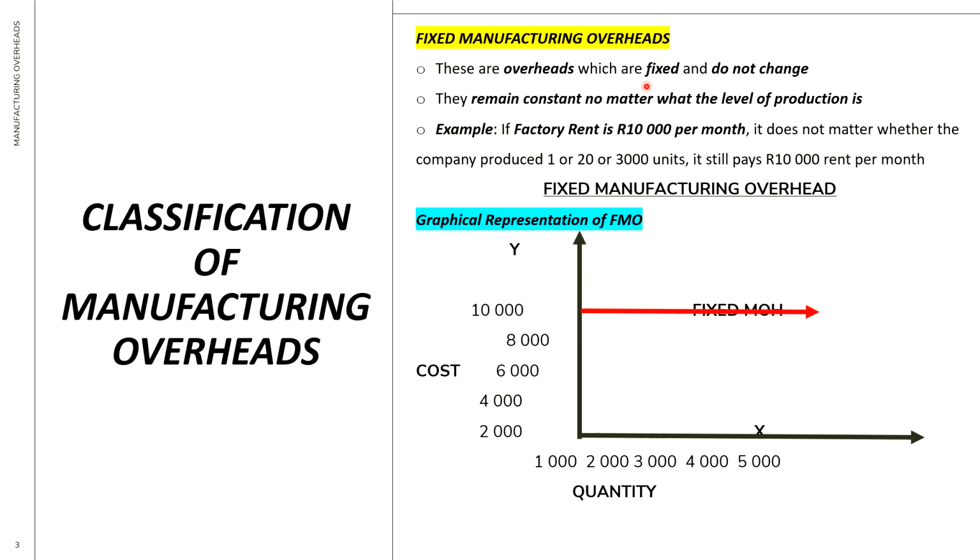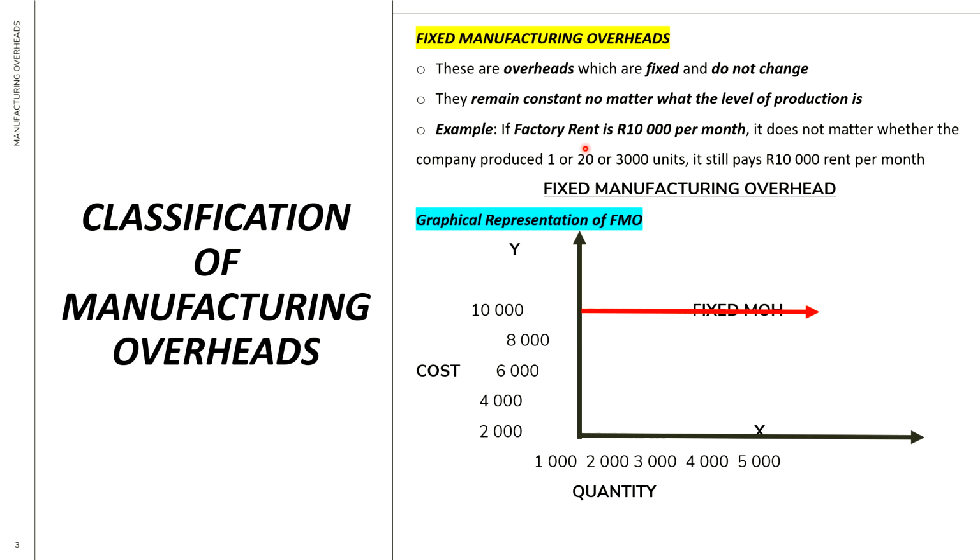These are overheads which are fixed and do not change, right? They remain constant or the same no matter what the level of production is. Okay. For example, if a factory rent is 10,000 per month, it does not matter whether the company produced 1 or 20 or 3,000 units, etc. It still pays that 10,000 rand per month,